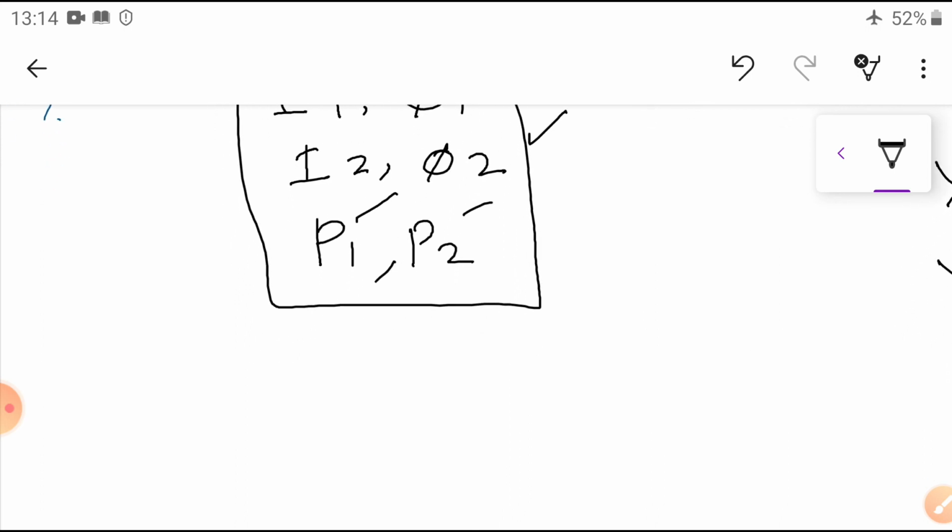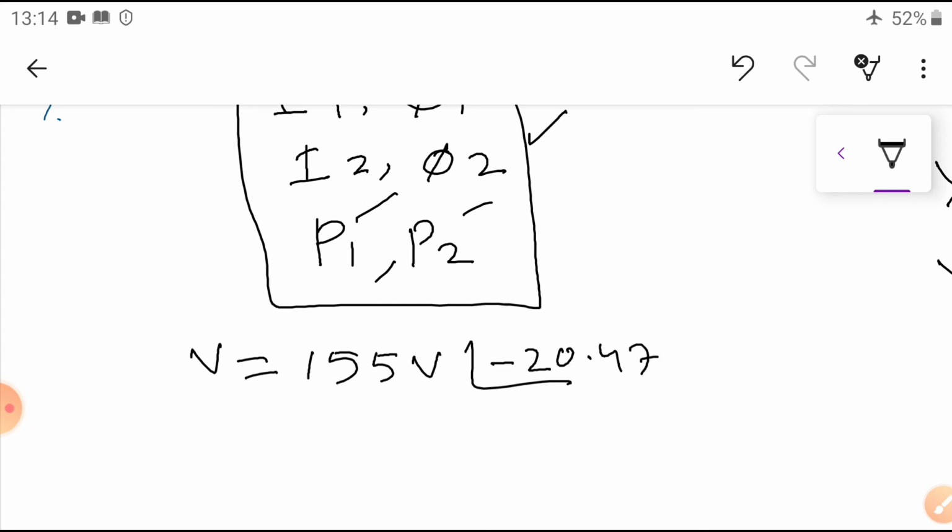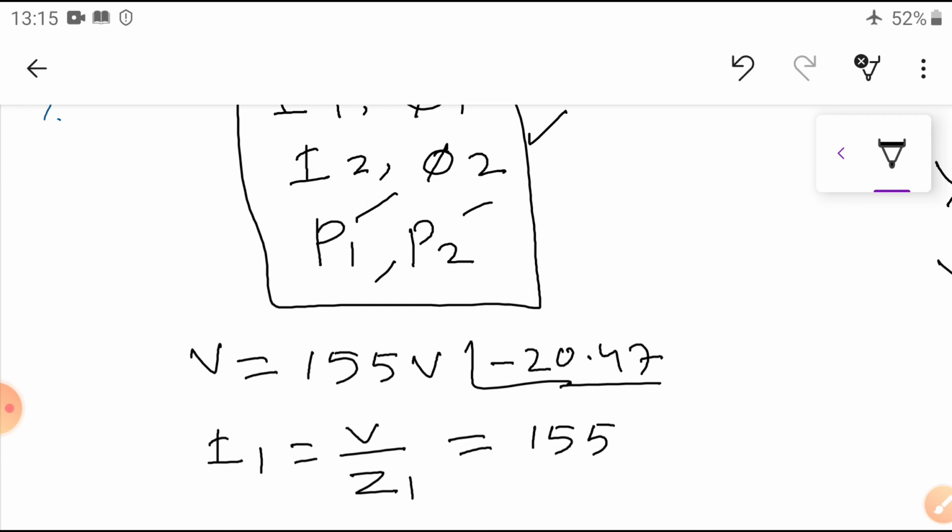Now supply voltage we got it. What is the value? 155 volts, at an angle of minus 20.47. Now I1 is equal to V by Z1. Okay, so here V is the common, so 155 at an angle of minus 20.47